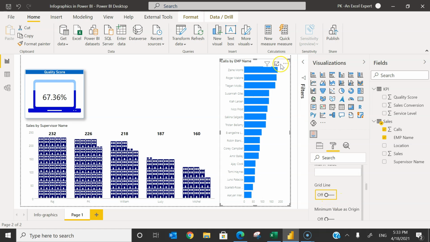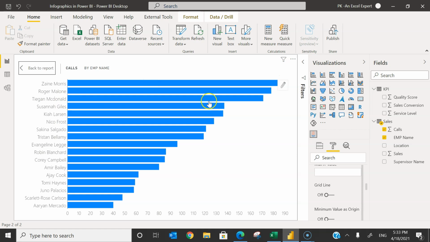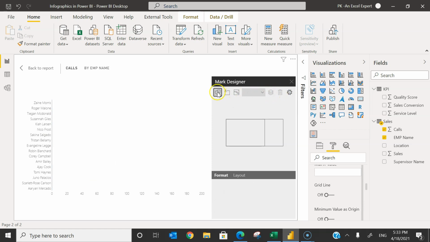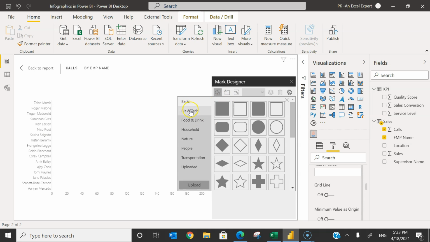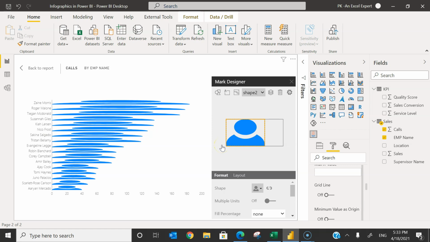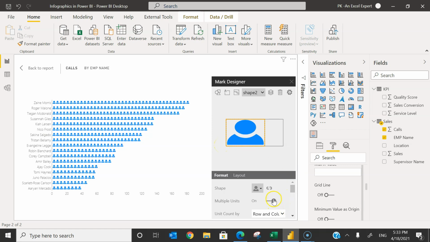Now just click on the focus mode so that it will be properly visible, and click on edit mark. And this time we will delete this shape first and add a new shape, and let's take people, or you can take any shape. So I have taken this one, and from here first allow the multiple units, and let's keep it as it is.